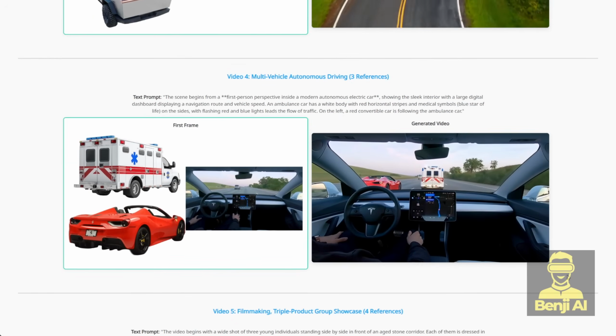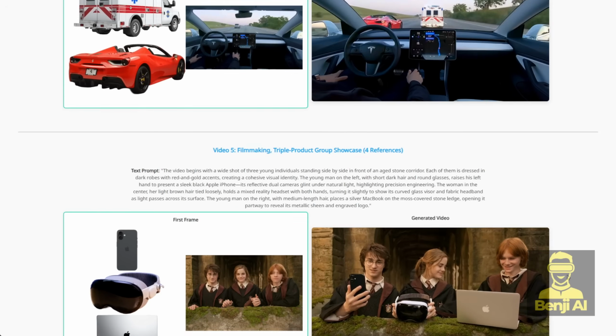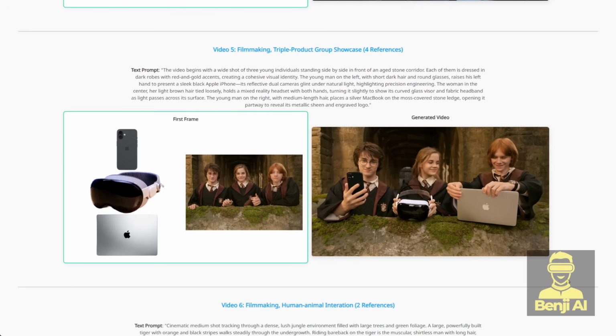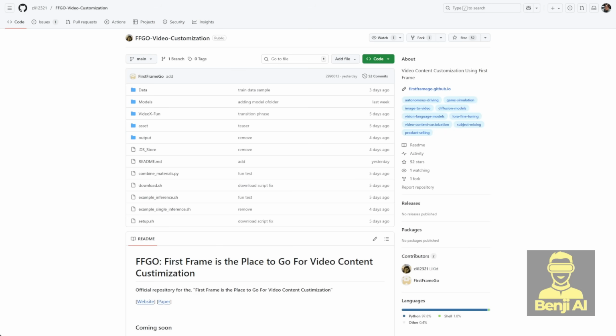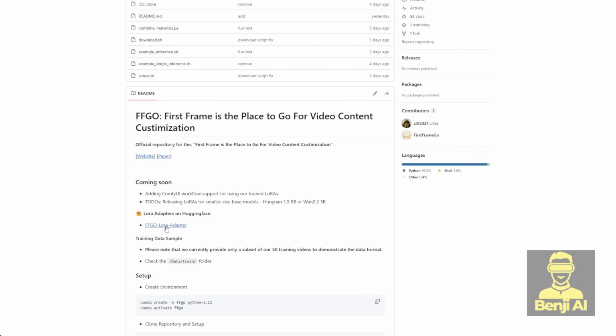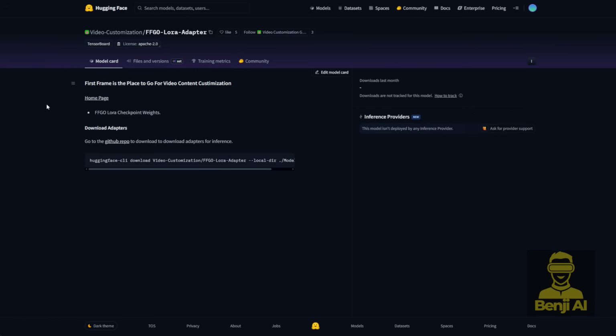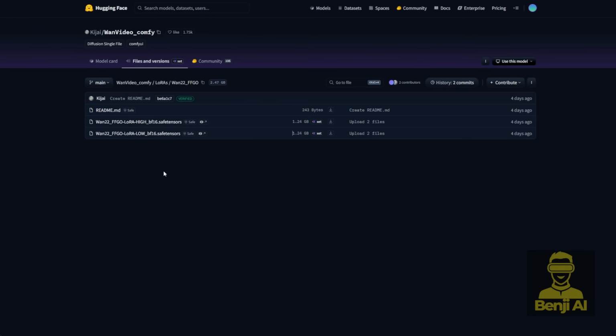So, for this model, FFGO, the only thing you need to run it with the ComfyUI Wan video wrapper is to have the LoRA models that are compatible with the Wan 2.2 model. Now, as you can see here, there's a link. This goes to their official Hugging Face repo. This isn't for the ComfyUI Wan video wrapper, but you can take it as a reference to see what kind of information they have. And if you really want to use that for running in ComfyUI, you can check this page. And this is for the Wan 2.2 FFGO. There's a BF16 for both the high noise and low noise LoRA models. So download each of those two files and link them up in the LoRA loader with your image to video